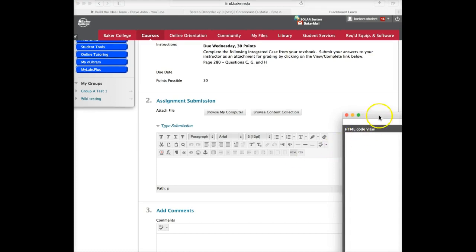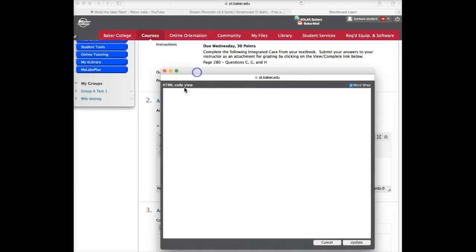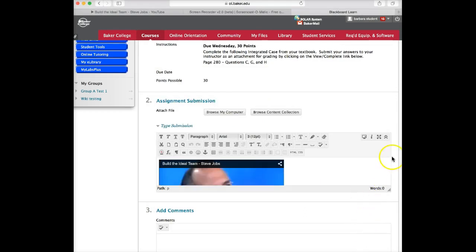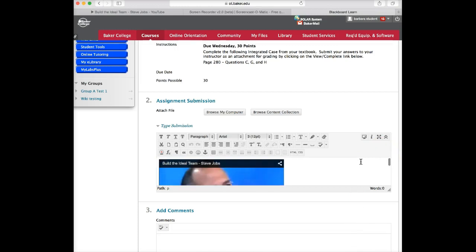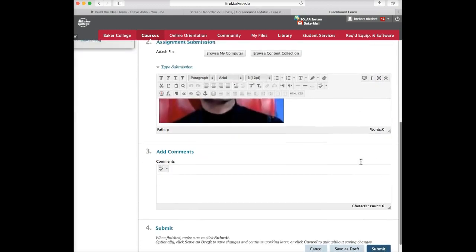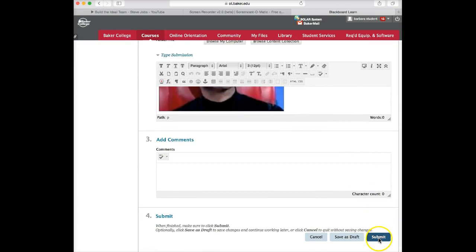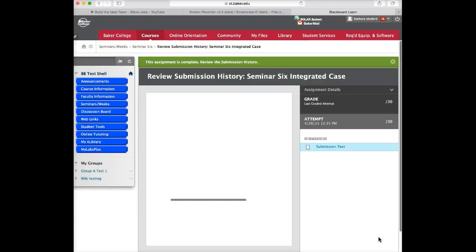it's going to open up this box for you here. You want to make sure your cursor's in here, and then you want to Control or Command V in order to paste that code. Now don't touch the code, just leave it alone. It's a copy-paste situation, and then you're going to say update. Now you can see here that the video has now been included in this particular submission area. So all I need to do is go down here and hit submit,